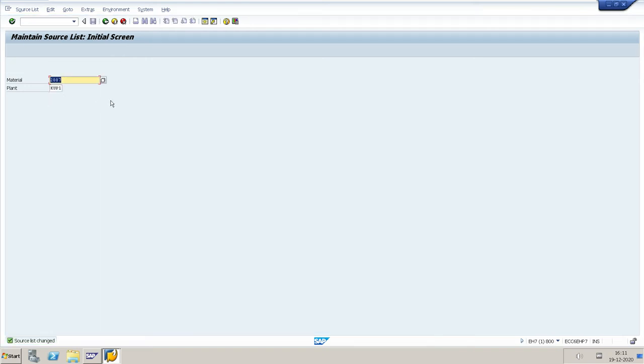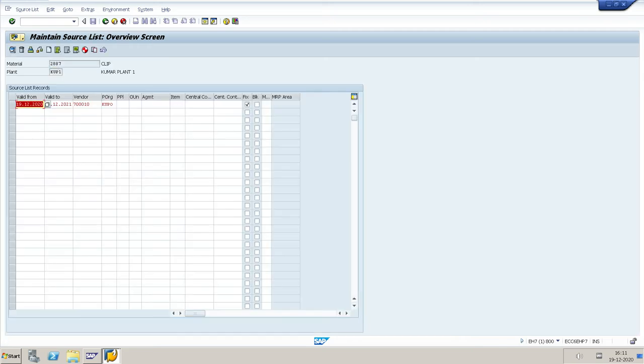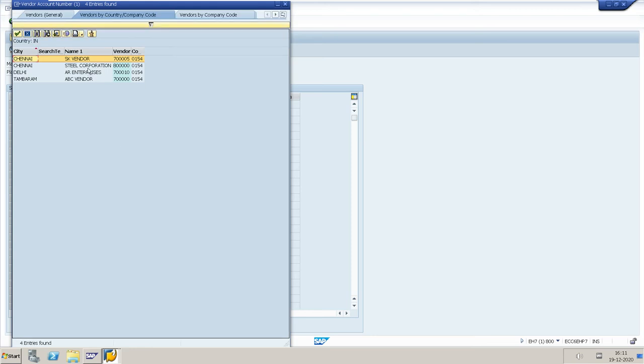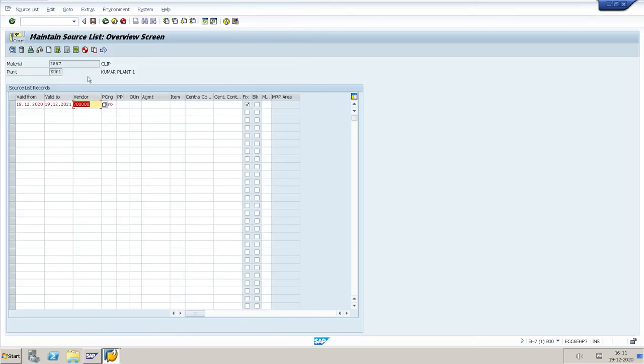Okay, so the purchase info record is mandatory for the source list. If you have not maintained a purchase info record before maintaining the source list, it will not allow you to maintain the source list. We'll see. Here I will mention any vendor. I will mention this vendor.